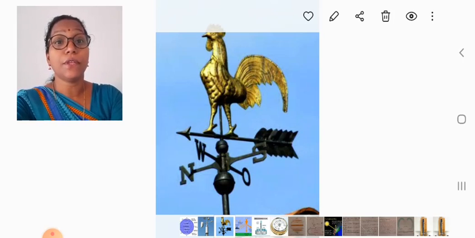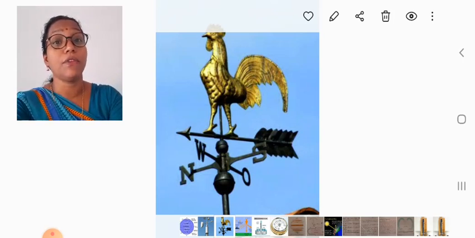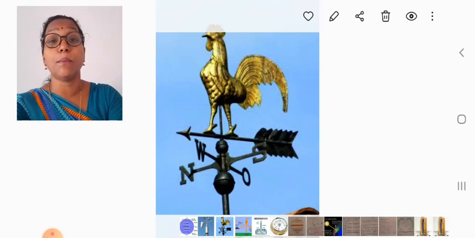The speed of the wind and the direction of the wind can be measured by using various instruments. Here in this picture, a weathercock or a wind vane is there. It is used to find the direction of the wind. It has a pointer and a tail. It freely rotates, and when it rotates, the direction from which the wind is blowing, to that direction the pointer